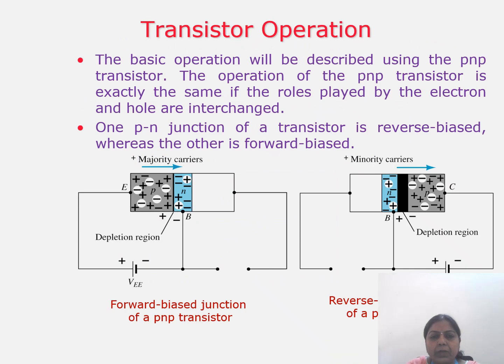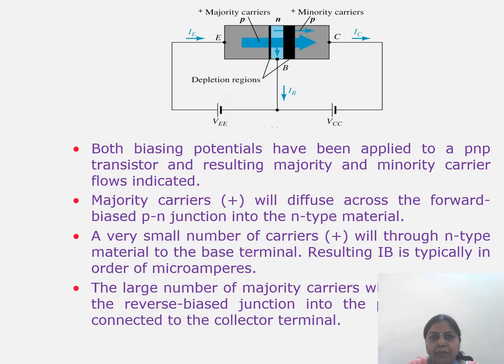Then once you have made the terminals, we have the operation of the devices. In the three terminals, this diagram shows emitter, base and collector for a PNP transistor. The emitter base junction is forward biased, then the collector base junction is reverse biased. So based on this biasing, the carriers move from the emitter to the base and the collector collects them. Then with the movement of this charge carrier, the current flows in the transistor. That we can call the operation of a transistor.